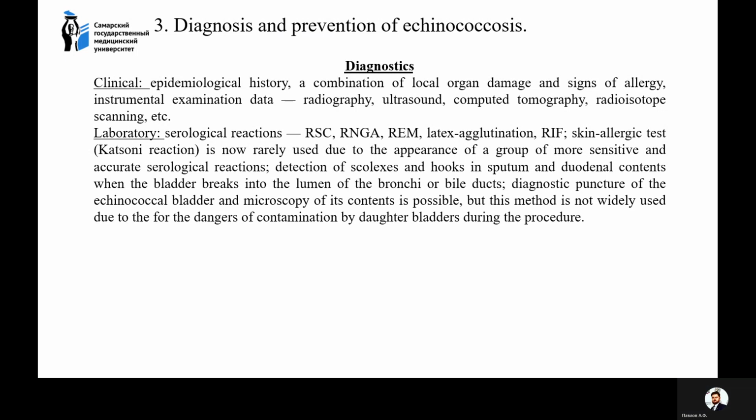Diagnostics. Clinical: epidemiological history, a combination of local origin, organ damage, and allergy. Instrumental examination data: radiography, ultrasound, computed tomography, radioisotope scanning. Laboratory serological reactions: